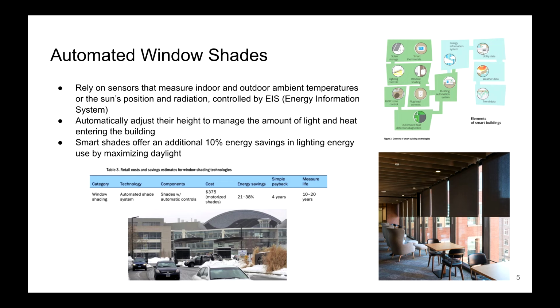We'll be looking at automated window shades. These window shades will open and close based on the temperatures outside and inside. They'll lower when you want to keep the temperature inside and it's either hot or cold outside. The lighting will also turn on or off depending on whether the shades are open or closed. So together, in total, these will save about 21 to 38% energy costs, and it'll have a payback time of about